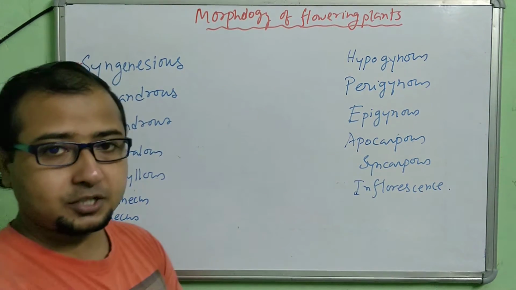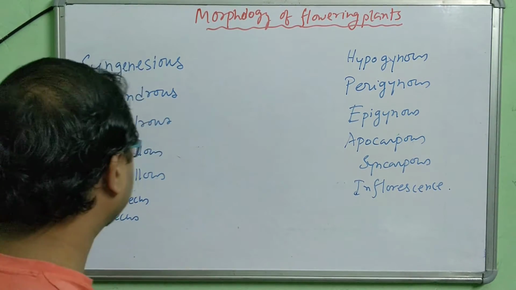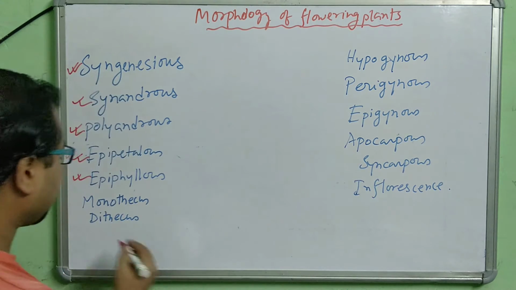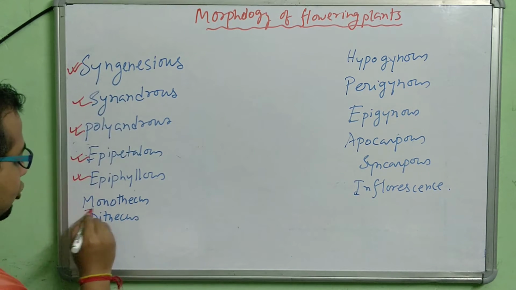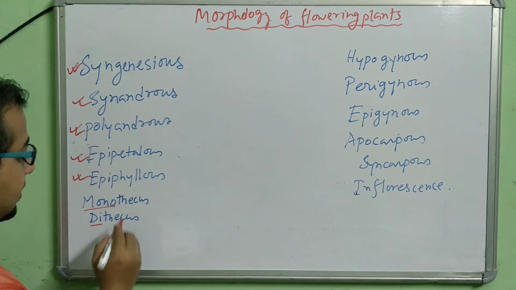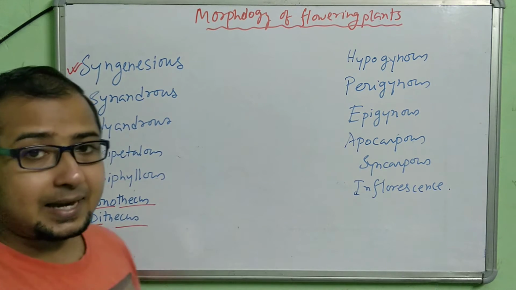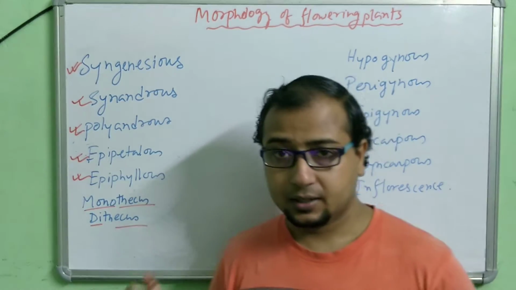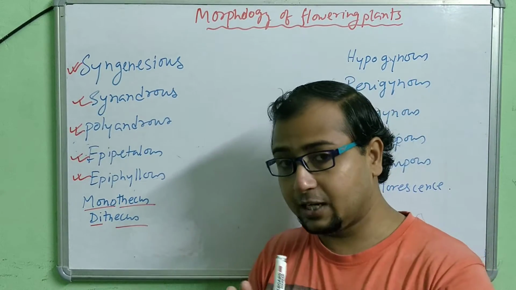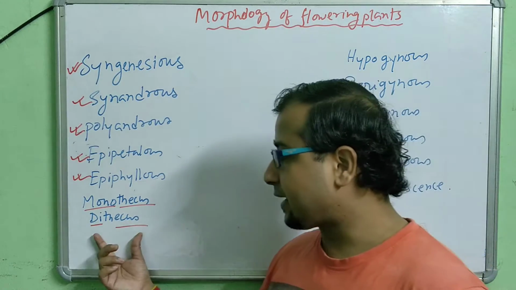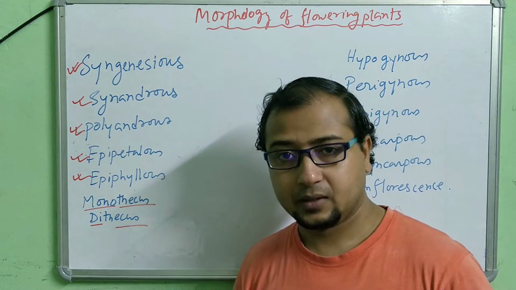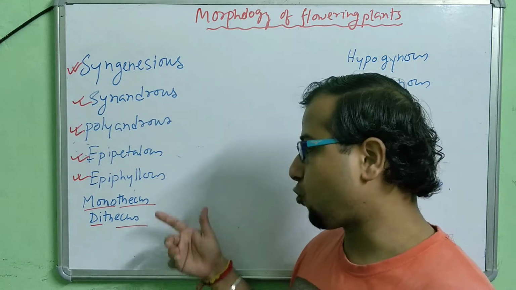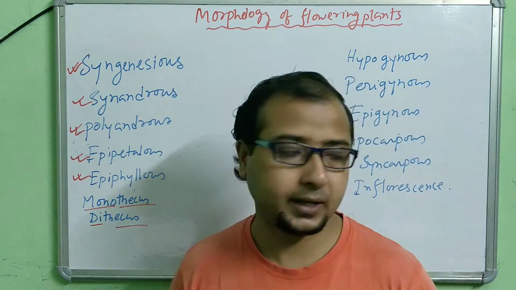If you want to note down, just pause the video and you can note down all the things. Next is monothecous and dithecous. Monothecous, mono means what? One. Mono means one, di means two. Theca means chamber. It means that an anther may have one chamber in a lobe, the one side lobe, or it may have two chambers. Understood? So it is about the anther and the chamber, one chamber or two chambers.